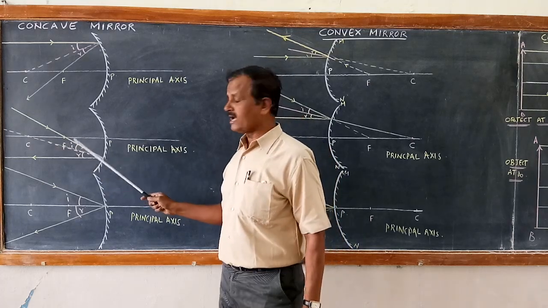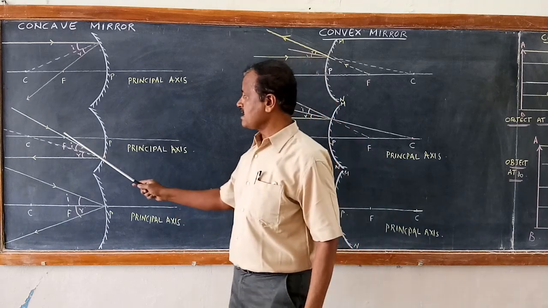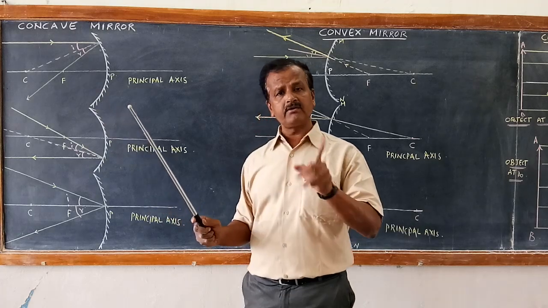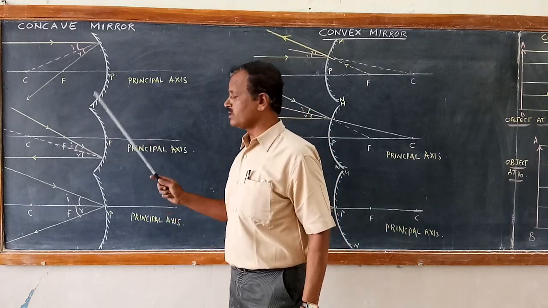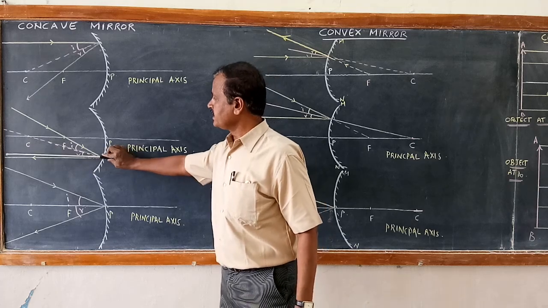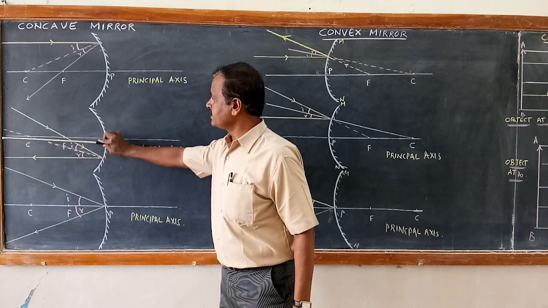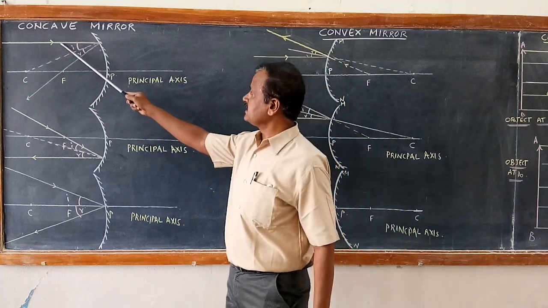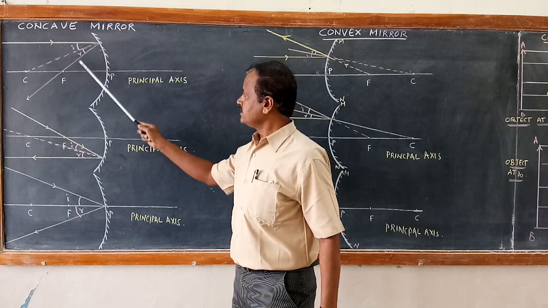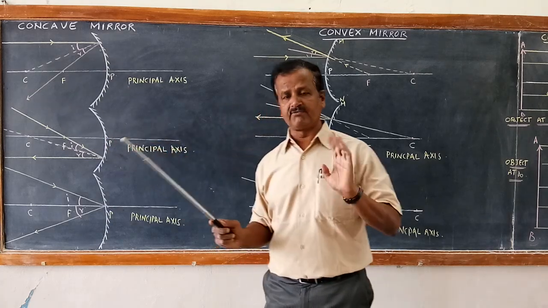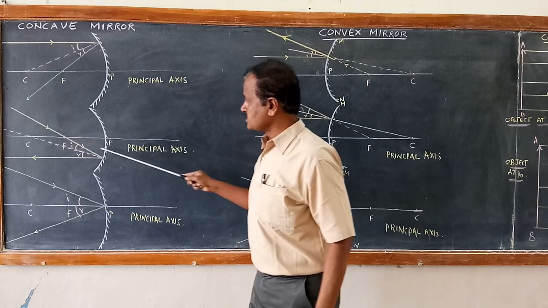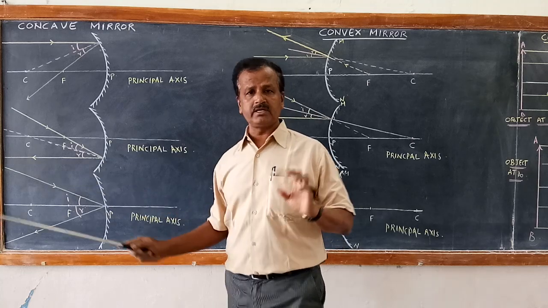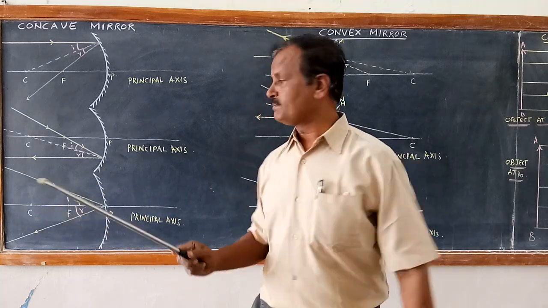So again, measure the angle of incidence. The angle of incidence is the angle made by the incident ray with the normal, and draw the angle of reflection. The angle of reflection must be equal to the angle of incidence. If you draw it, very interestingly, the reflected ray becomes parallel to the principal axis. So it is just the reverse. If the incident ray is parallel to the principal axis, it goes to the focus after reflection. If the incident ray is passing through the focus and falling on the curvature of the mirror, then after reflection it falls parallel to the principal axis.